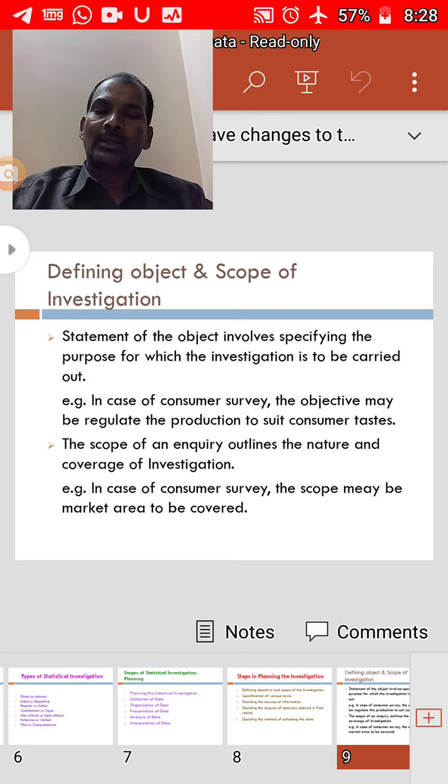Further, the importance of defining the object and scope of statistical investigation can be understood from the words of Professor Yule Chou, who states that only after specifying the object can it be determined which data shall be relevant to the problem under inquiry. If he fails to do this, the data collected may be entirely irrelevant or may even tend to obscure rather than clarify the problem.